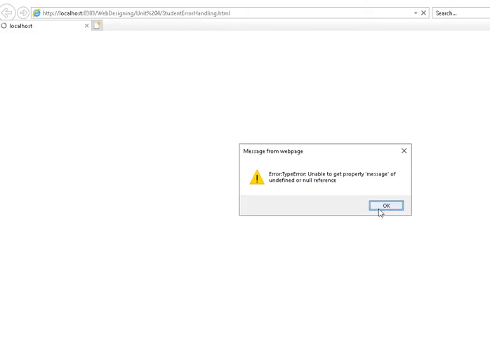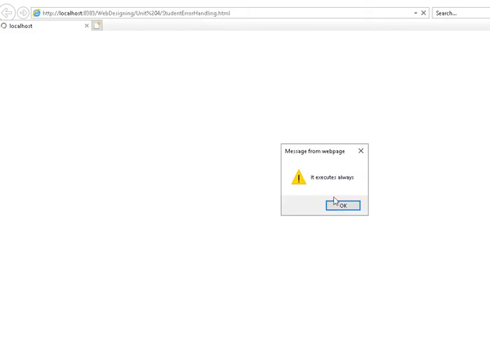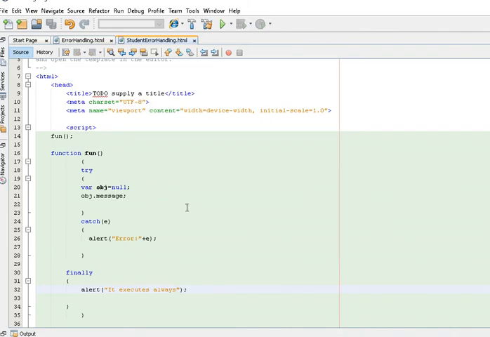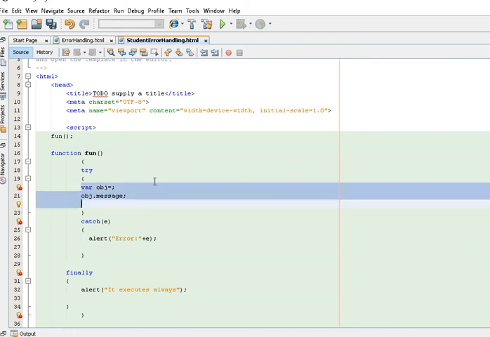Error message, and it executes always. The finally block will always execute, right? This is the case when I'm getting some error. For example, if I'm not getting the error, for example, if I created the